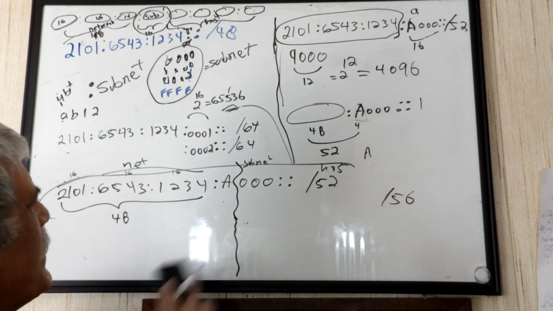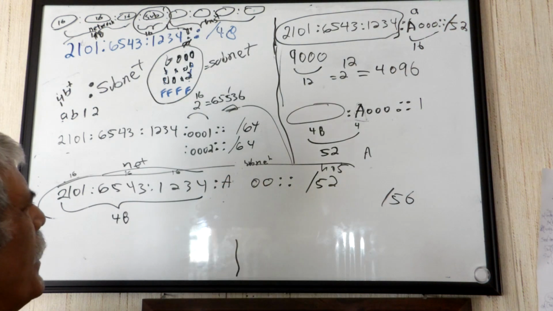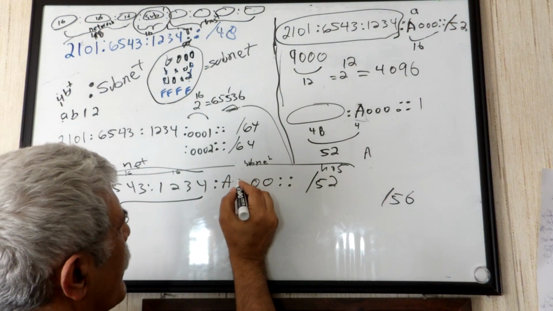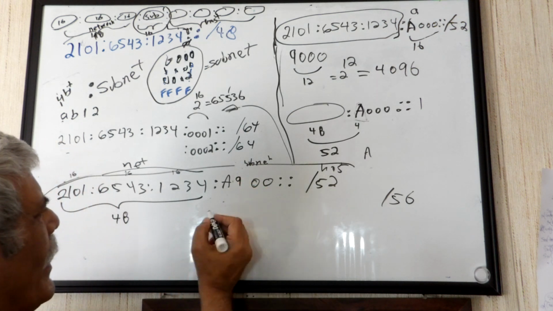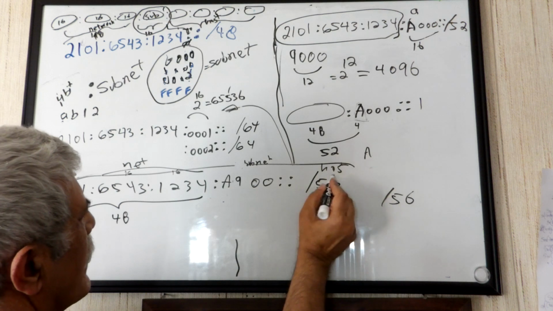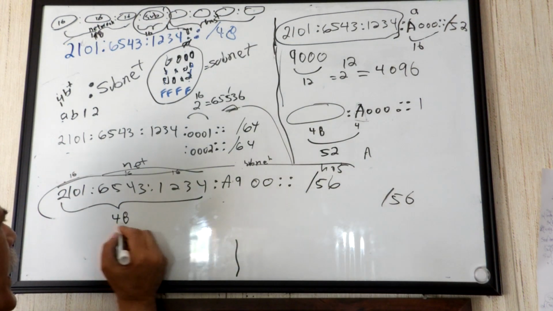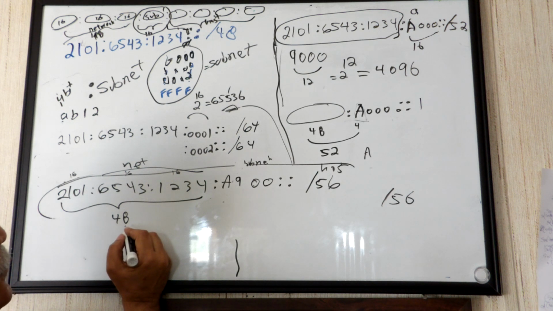The 56 could be a 9, for example. Now 56. We have 56 here. This is 56. Okay. Now if it's 56, there are 48 here as a fixed prefix,